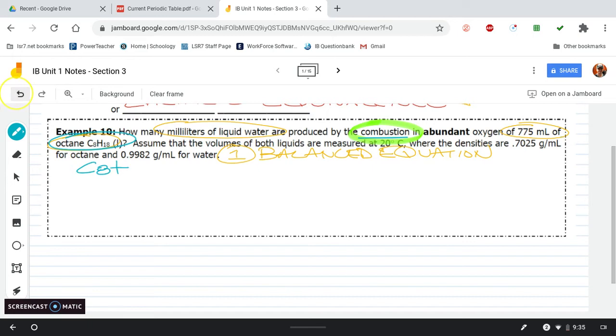Oh, sorry, I'm going to give myself a little space because I want to be able to write on top of that in a minute. So let me back up. So it's going to be